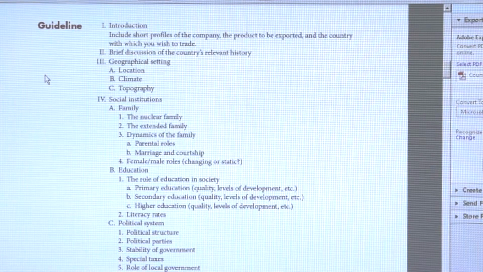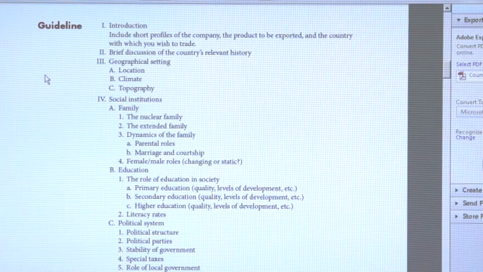Literacy rates. I've been in countries that have 99% literacy. I've been in countries that have 9% literacy. Trust me, it makes a great deal of difference in terms of how you can advertise, promote products, how you can even package products. Can you have printing on the package and expect people to read that? With, say, a medicine, infant formula, things like this? Or do you have to simply use pictures and hope that people will understand these?